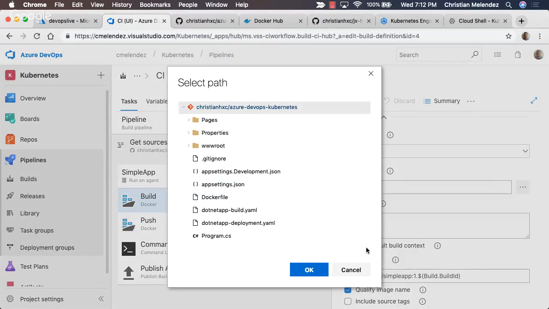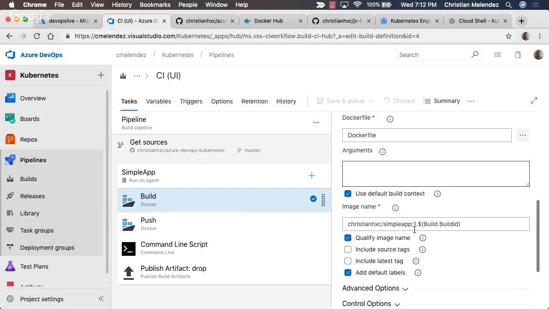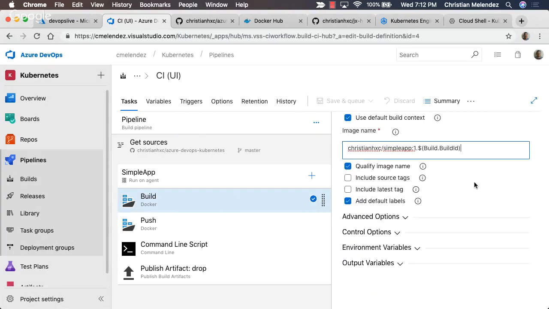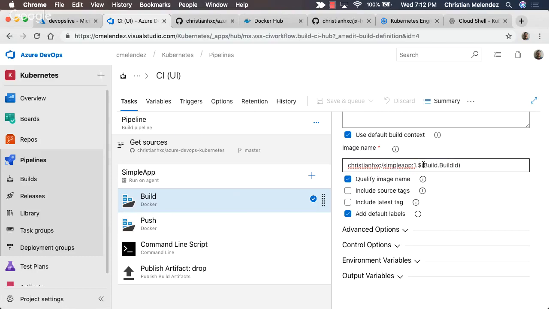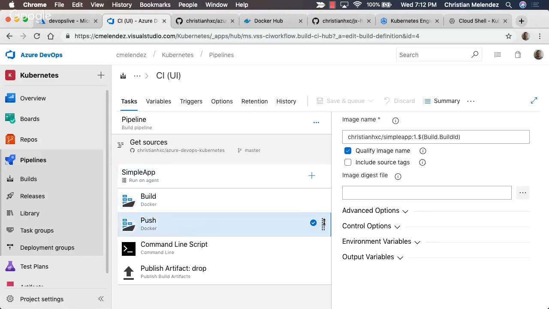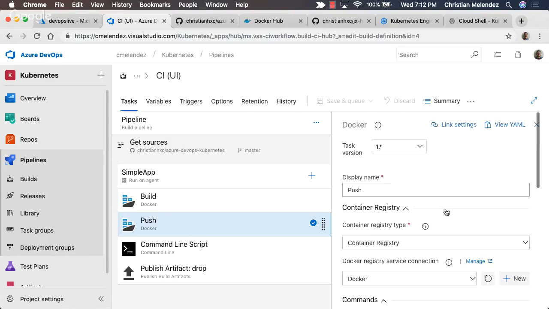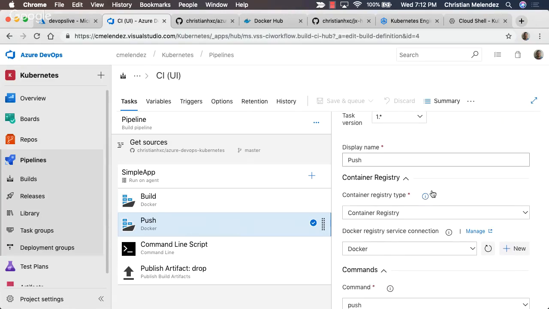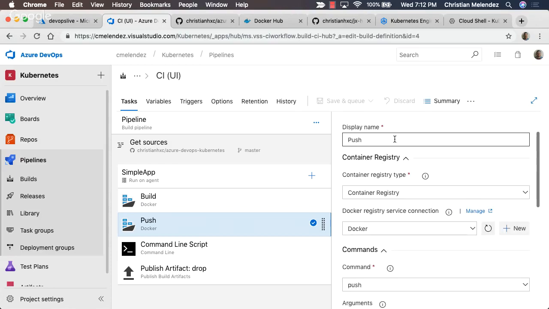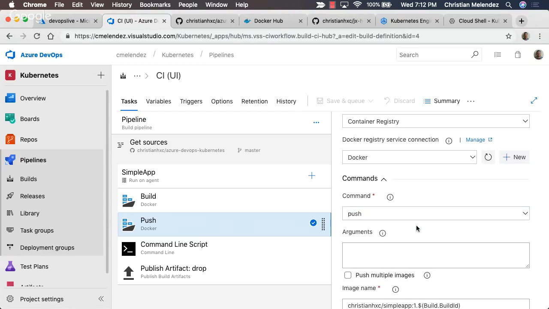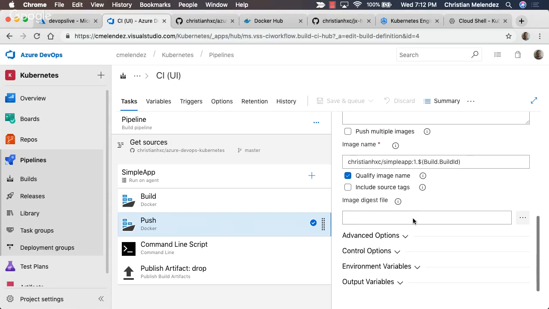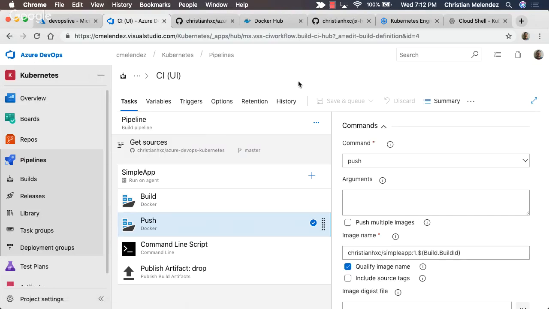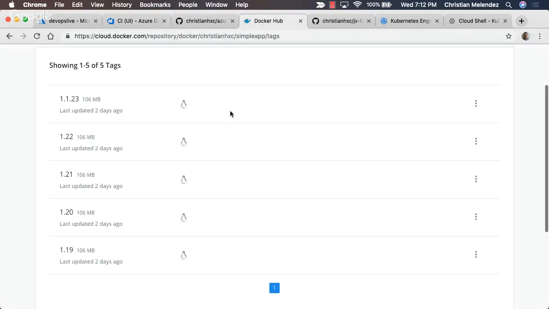In case it's not a Dockerfile, in case something different, you can specify here either by hard coding the value, or by using a variable in the pipeline, and you will define here the name of the image that you would like to push. Later in the push phase, you will have something similar to the previous one, with the difference that the command will change. In this case, we'll run the command push. And I previously configured the connection to the Docker Hub. That's why it's pushing this automatically.